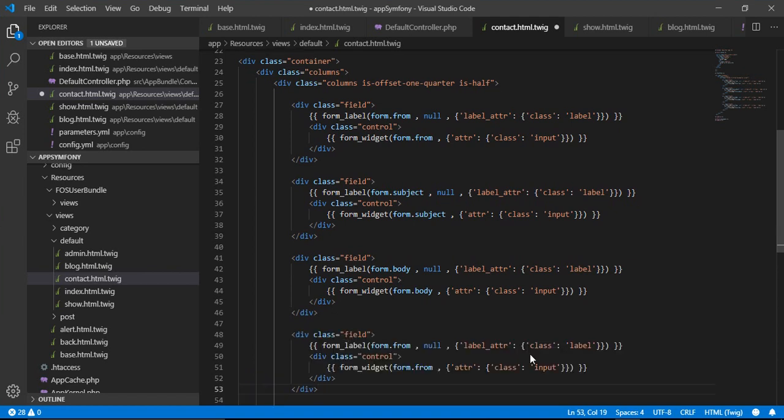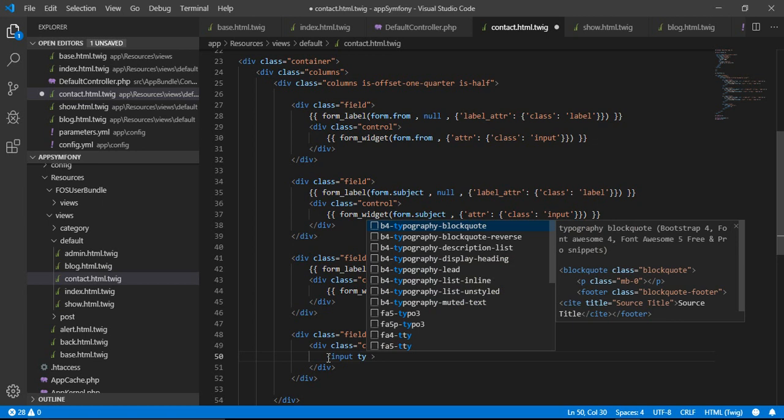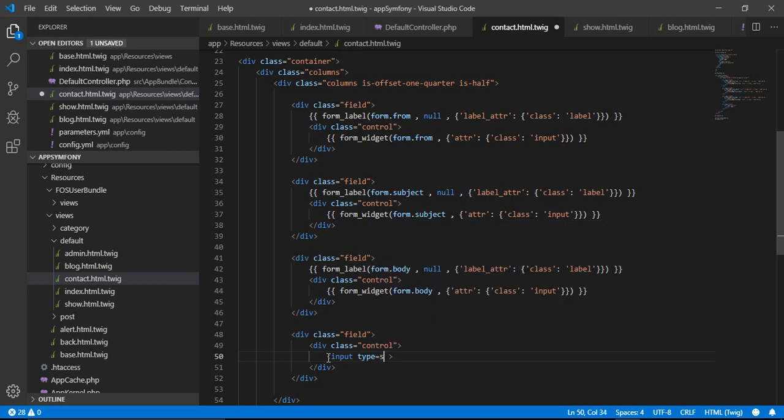So copy this, delete this, and here I will delete also this because it's just an input. Here type equals submit, and class, let's give it for example